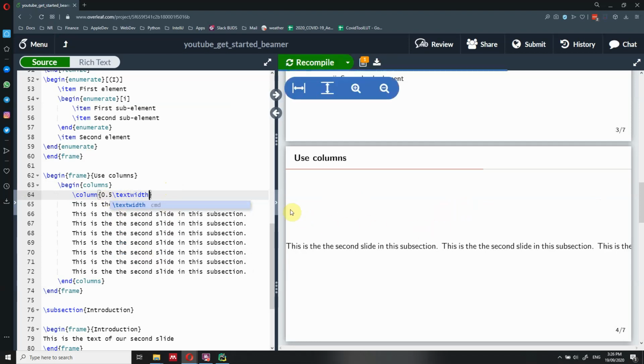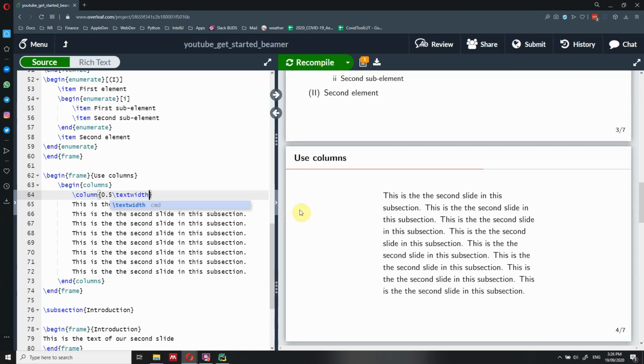So we want Beamer to automatically calculate the width of the slide, so Beamer knows the text width where the text can fit on the slide, and we want to specify that this column has to be half of it.